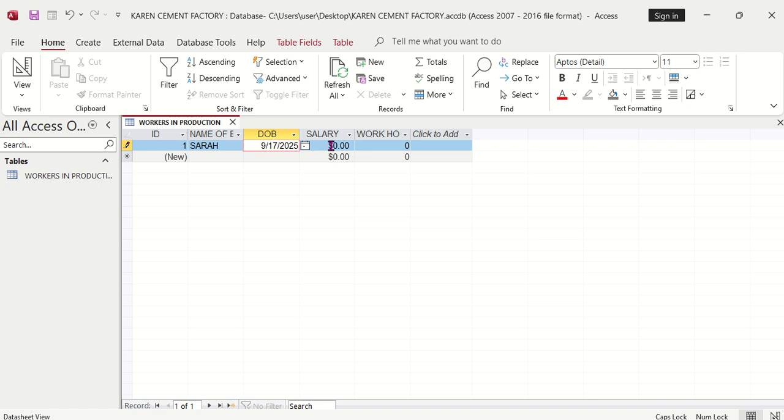For Sarah, how much she earns? Let's say 45,680 US dollars. How many working hours per week? Let me put 50. Then we have John. As you can see while I'm typing, ID is doing auto numbering. So John, when was John born? Let's say 6th of which month? Of December